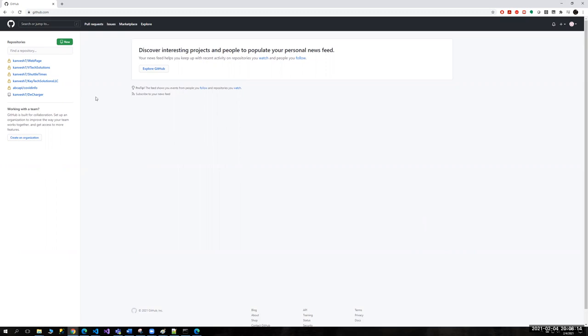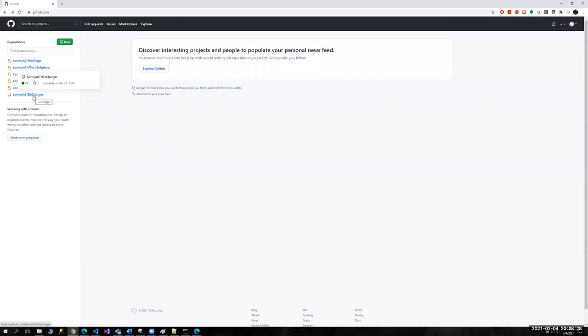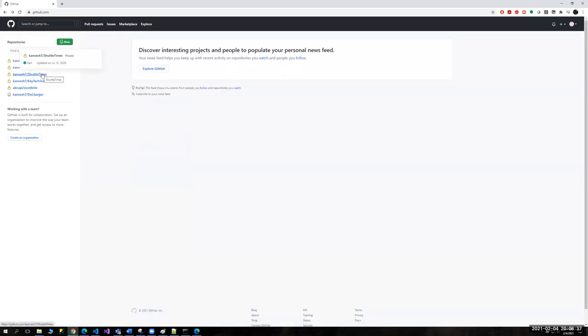Is it like storing our projects? Yep, internally it's exactly that. That is where we can store our projects. You can store your projects, and you can also share with others. And this is all free as well. So that's the main advantage. So create your own GitHub account. You can make your account private, but